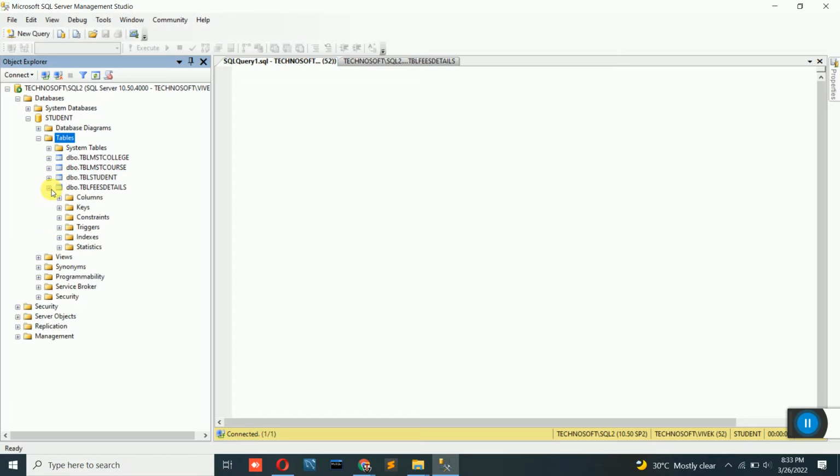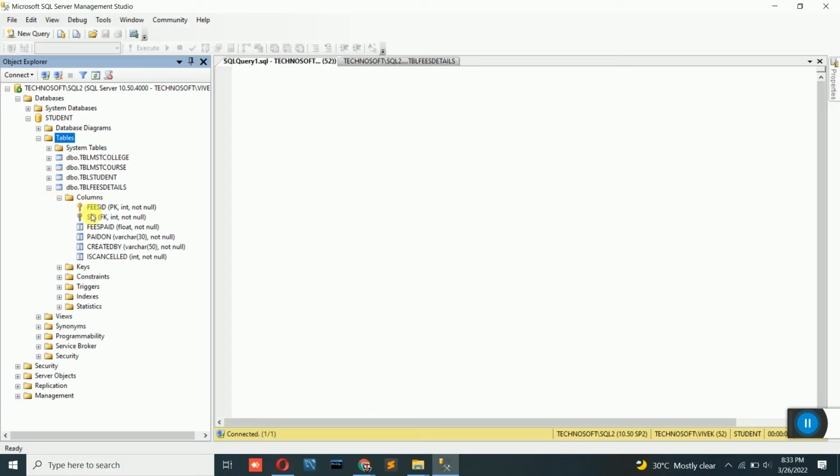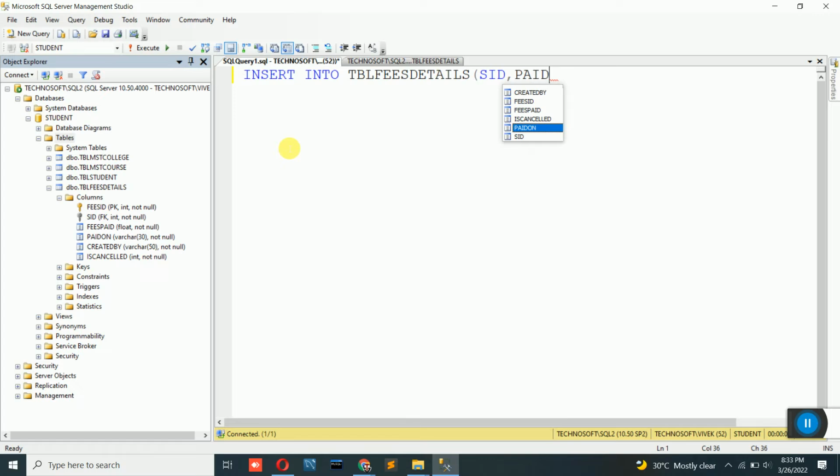in front of you, so that you can insert the data exactly in whichever format it is mentioned, and should not miss any columns in this case. So insert into TBL fees details, open the bracket. SID I need not enter in this case, so I will next enter FID, fees ID, I need not insert in this. SID I have to insert, comma, next is paid on, comma, how much fees he has paid,